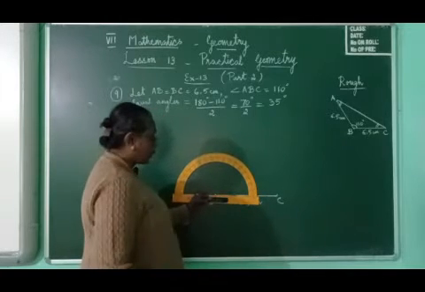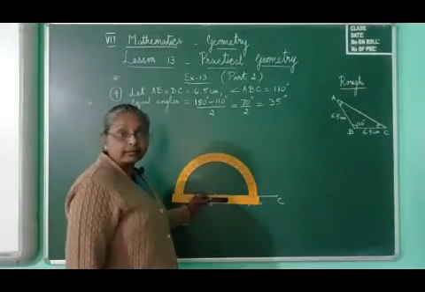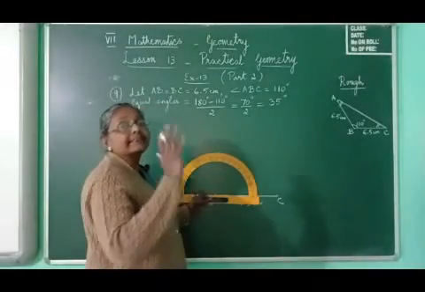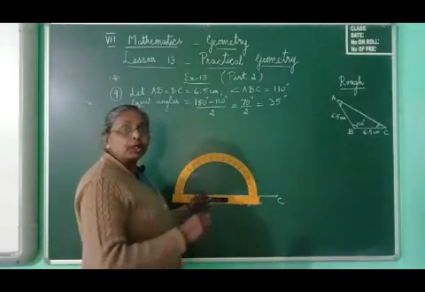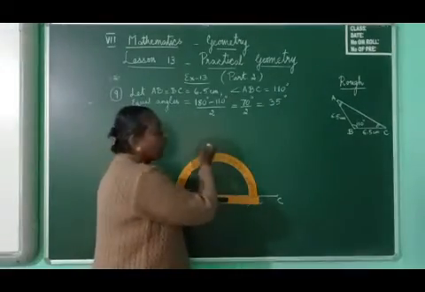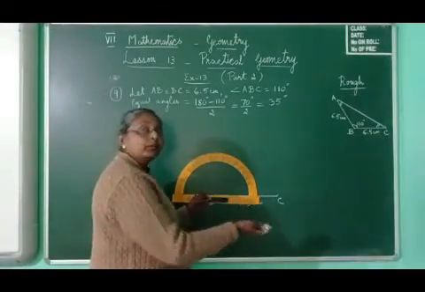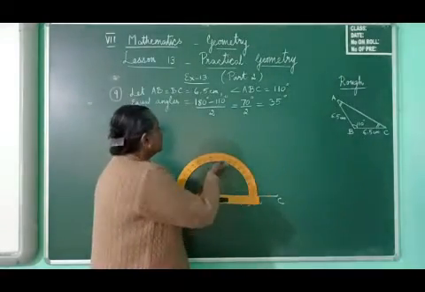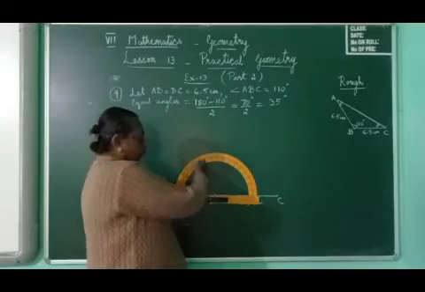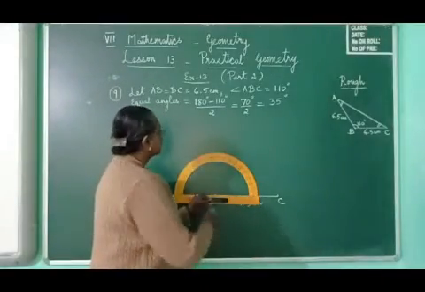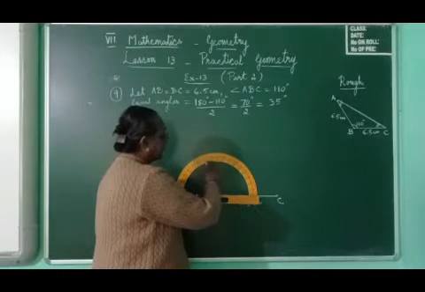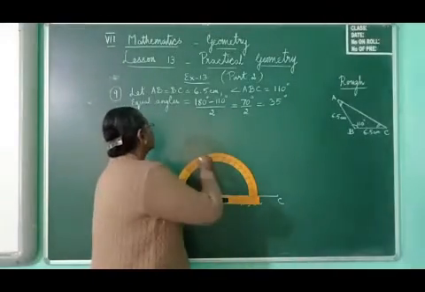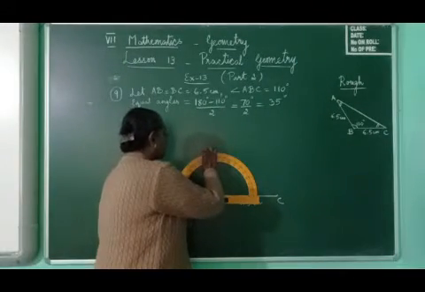First, we need to know whether it is an acute angle or an obtuse angle. You have to have it in your mind very clearly which side the line should go. You should not draw wrongly. So it is an obtuse angle. It will lie only more than 90 degrees; it will never be less than 90 degrees. So more than 90 degrees, the line will go to the left side of 90 degrees. And you can see the measurement here, 110 degrees, coming to the left of 90 degrees.